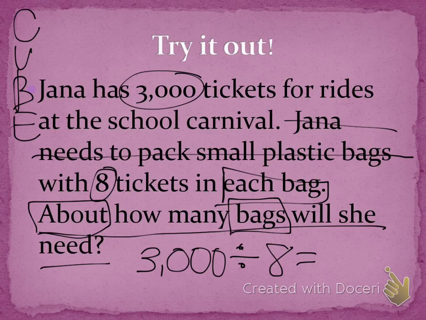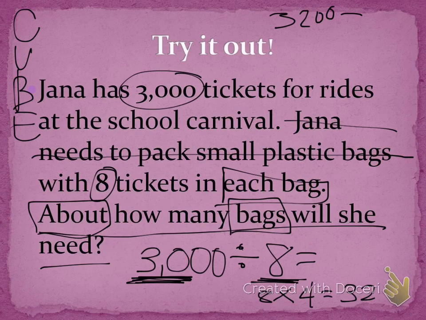So now I'm going to use my compatible number strategy again. I underline those first 2 digits, and I underline my 8. Okay, thinking about my multiplication facts, 8 times what gives me something close to 30. I know that 8 times 4 is going to give me 32. So therefore, I want to do my division problem of 3,200 divided by 8, because we're using 8 tickets in each bag. Underline those non-zero digits, and then